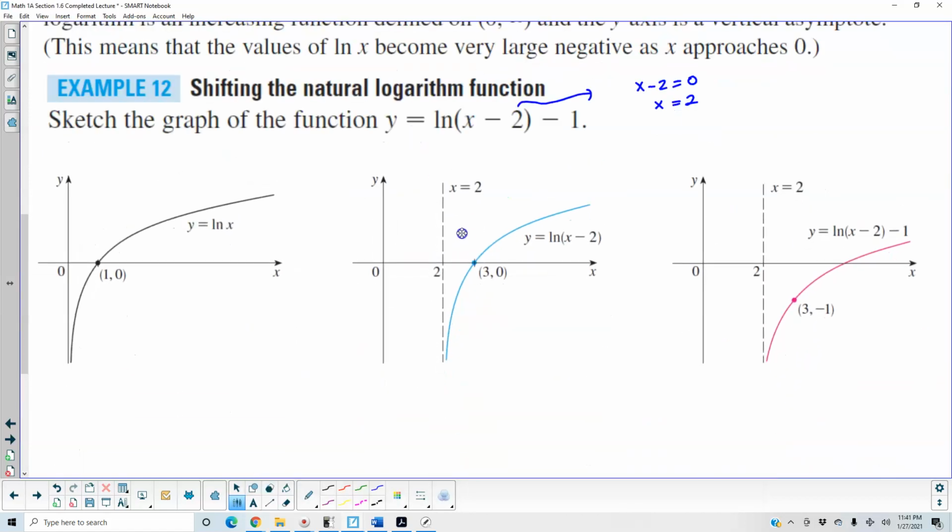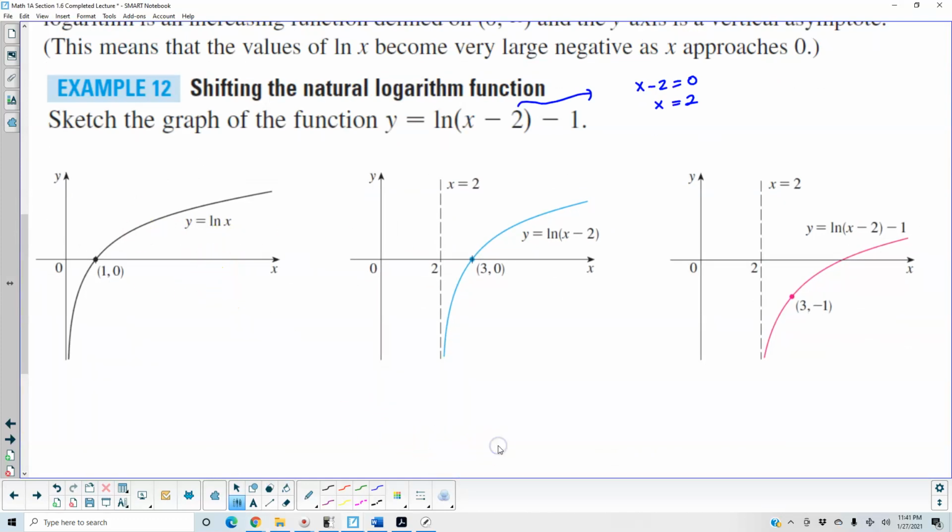So again, let's take a look at these graphs. This is our standard graph. Okay, so we shift the graph 2 units to the right. And then over here, we shift the graph 1 unit